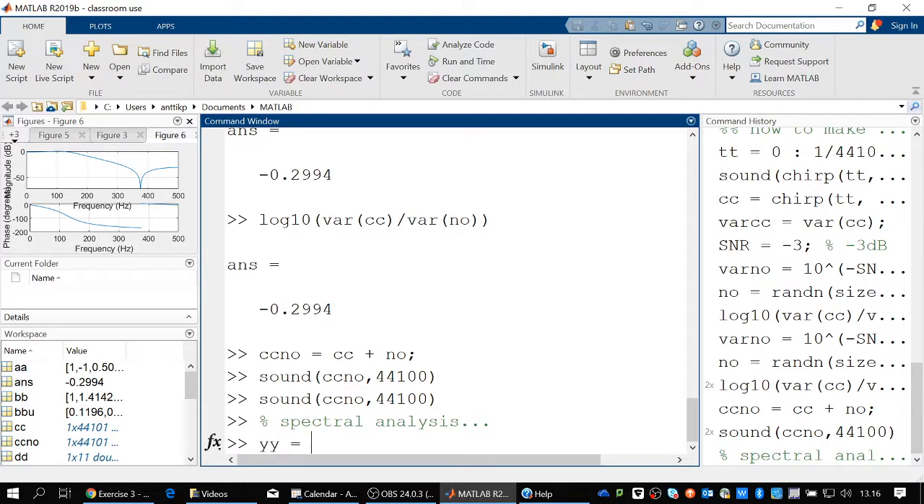I take a subsample from CCNO, from the first 1024 samples. Yeah, the sampling rate was probably a little bit low on that one. Okay, so I will take just a small portion of this, since I have